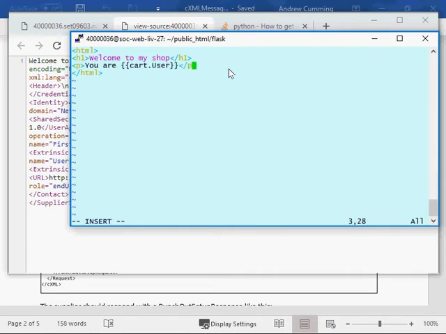So that's your username. And your cart is, and this was cart product list. So that's what you've bought. Your cart contains product list, and